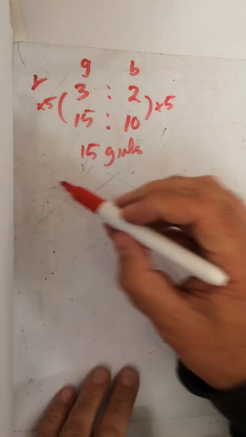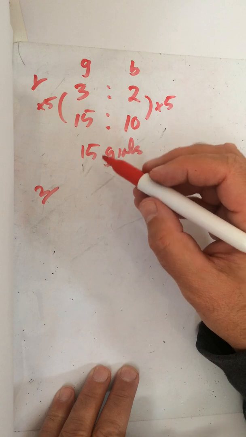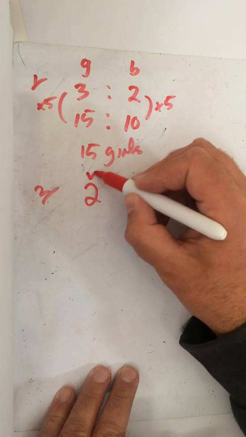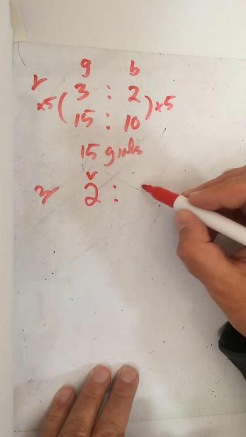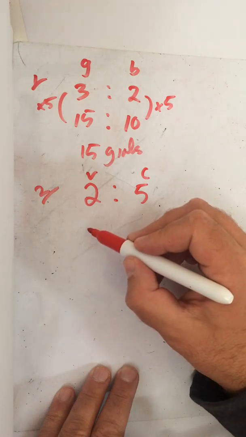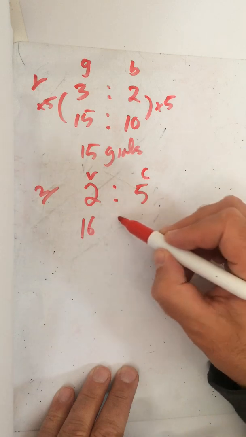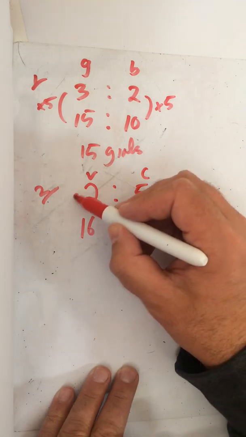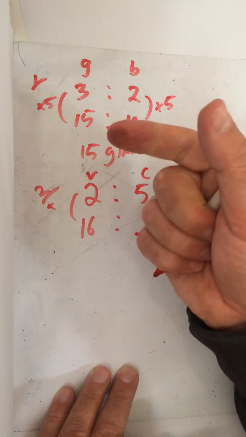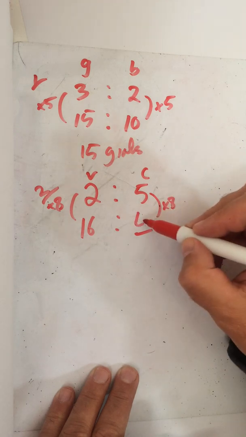Let's have a look at the next one. Number 2. In a car park, for every 2 vans, there are 5 cars. Okay. Right, and then underneath, I can see there are 16 vans, so that goes in that column there. So now we can work out how many cars there are in comparison. 2 times what is 16? 2, 4, until I get to 8. Do the same here, times 8, so we got 40